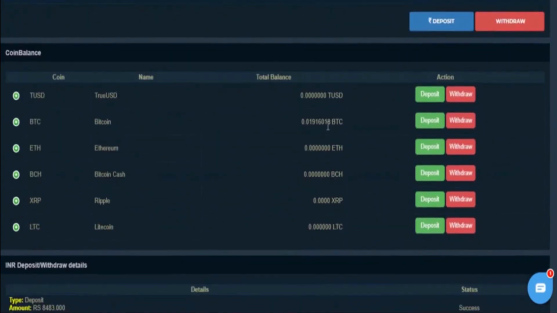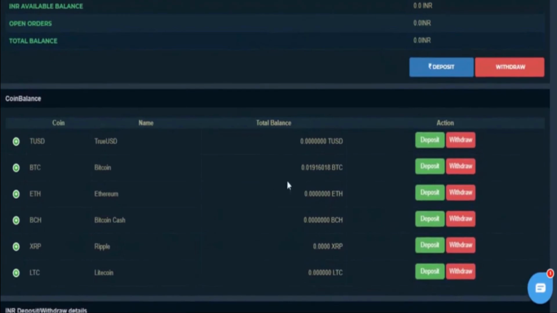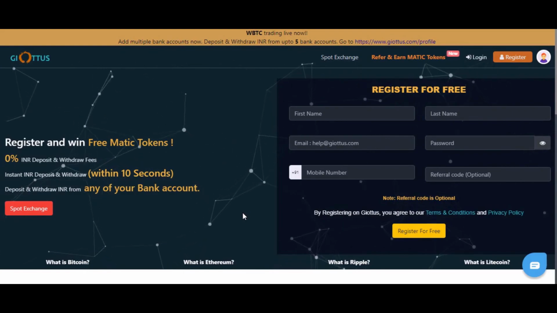And you can see the details below also. This is how easy it is to buy Bitcoin in India.